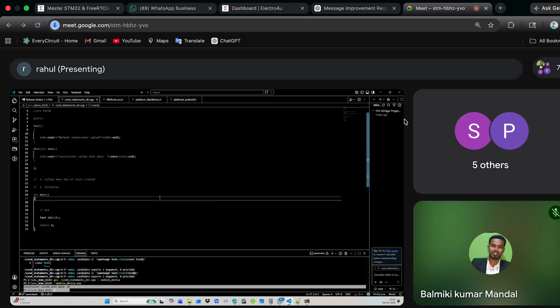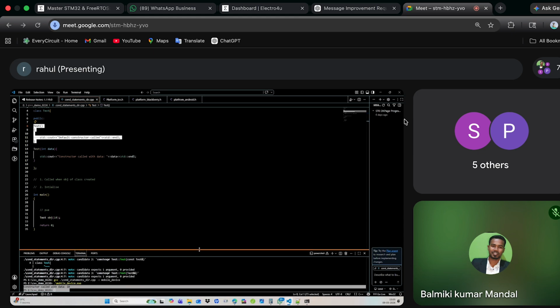Because the default is initially called, the compiler first calls it and then goes to the parameters. And we are creating the constructor, correct? It is not a default.